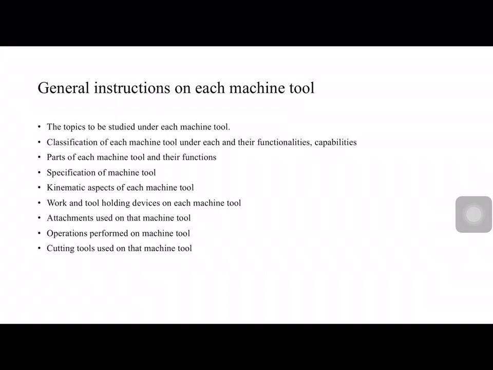Let us talk about the lathe machine. In the lathe machine, we will talk about the non-automatic lathes, that is the center lathe. And then we will talk about the semi-automatic lathes, that is capstan and turret lathes. And then we will talk about the fully automatic lathe. In fully automatic lathe, we have two categories, that is fixed automation and flexible automation. In flexible automation, we have the CNC machines. So we will discuss all these classifications related to the lathe machine tool.